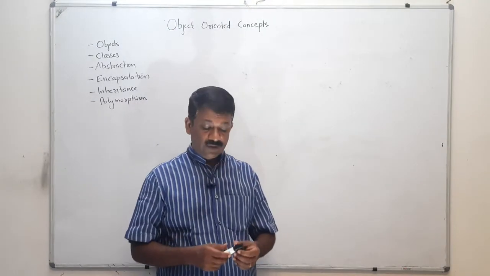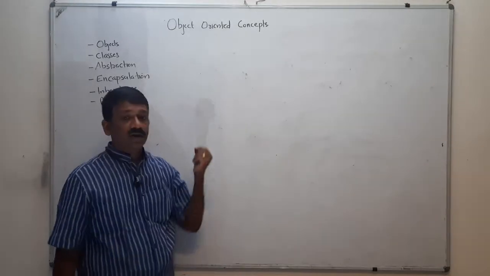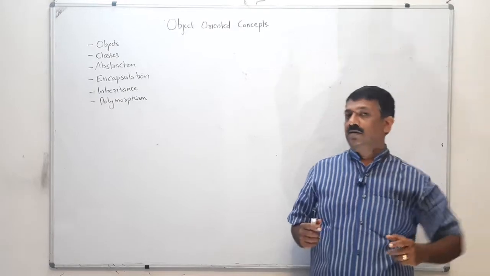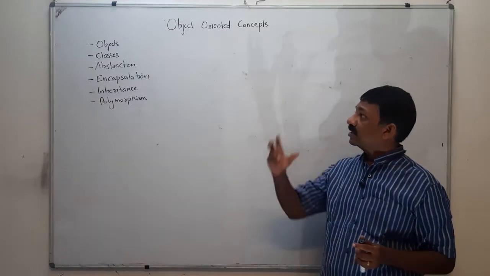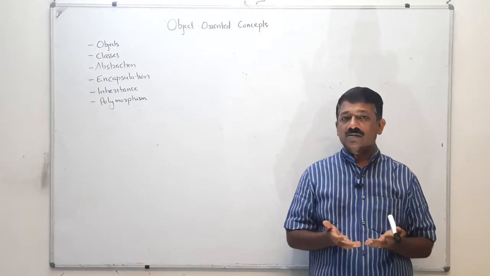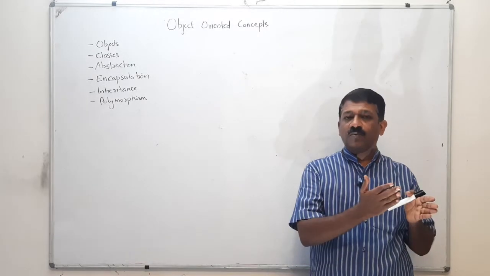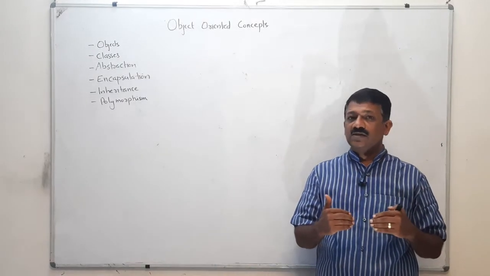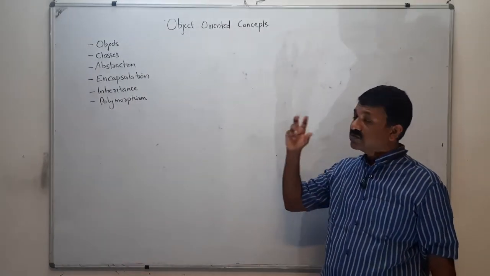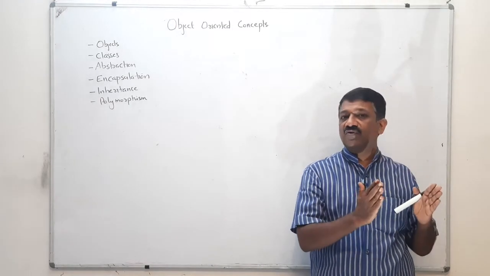Good morning. Today we are continuing with our discussion on object-oriented concepts. In the previous lecture, we have been discussing what are objects and what are classes. That means you have a class, and an instance of a class is an object. A class has a set of properties, and associated with that a set of functions or methods. And an object is an instance of a class.